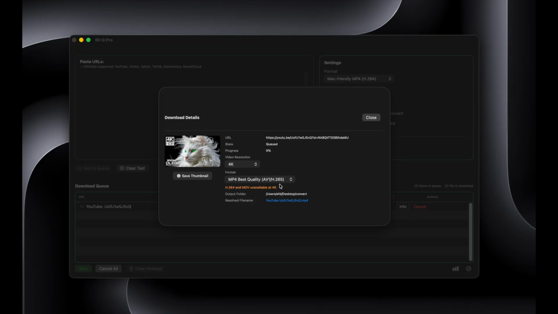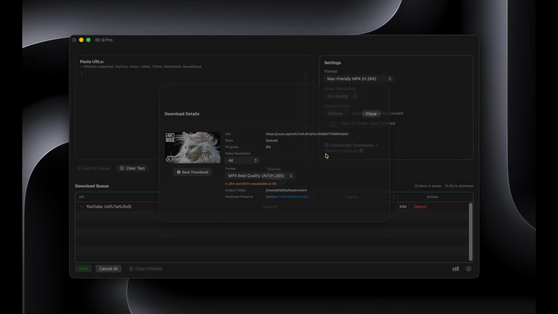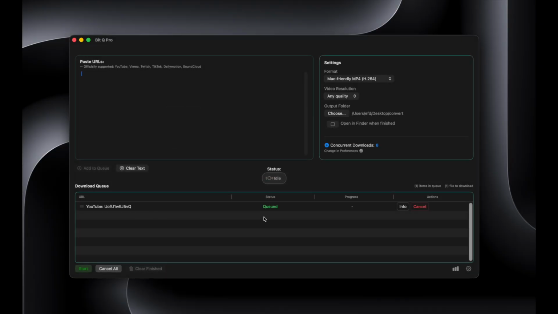It'll automatically switch to the codec best suited for 4K. You can change this to MKV if you want, or WebM. Do it, and that will be the settings that are done for that